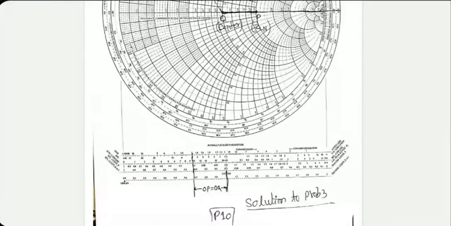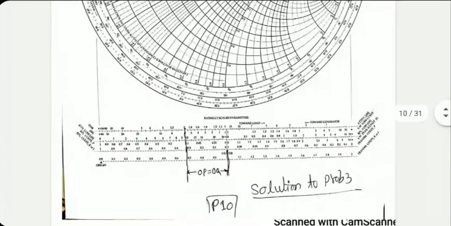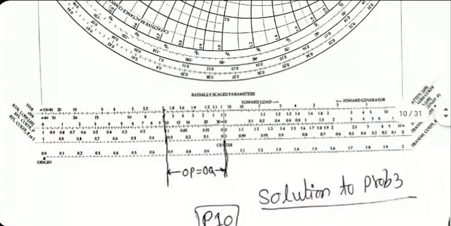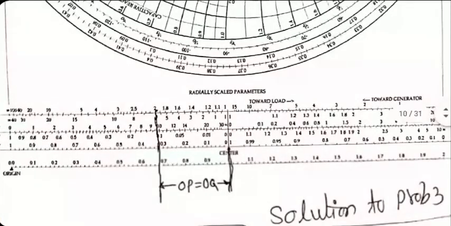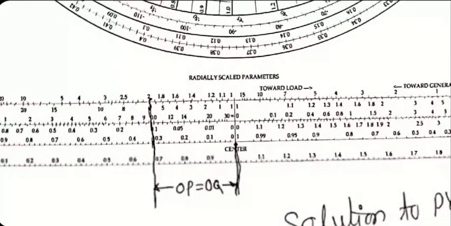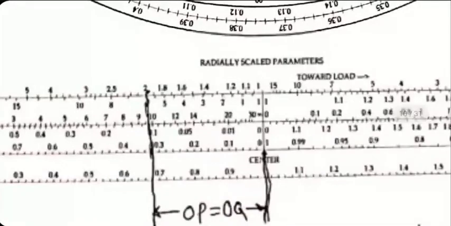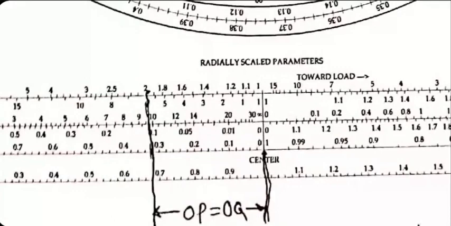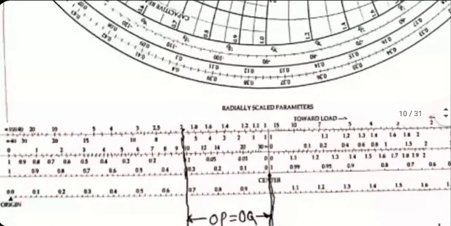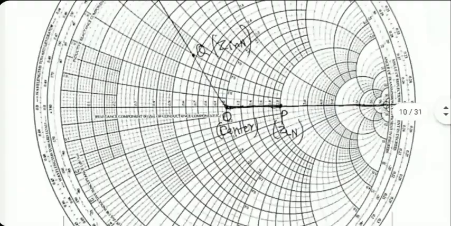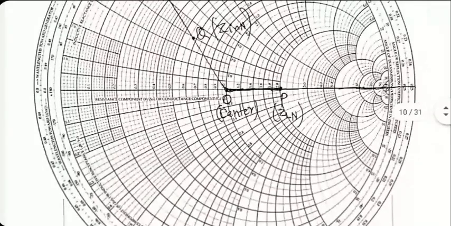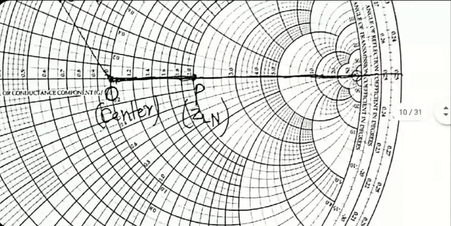Now you take OP distance and go down to the scales below, and measure SWR as well as the magnitude of tau L. We get VSWR almost 2 and reflection coefficient magnitude around 0.33, as theory says. Okay. The angle of reflection coefficient can be read again by extending this OP line all the way to the end and reading the angle here. It is 0 degree again, which is true because it's a real load.